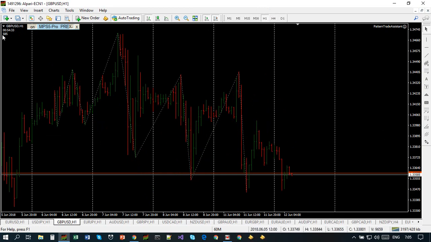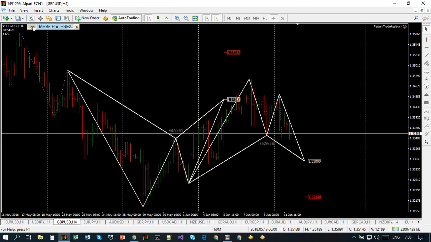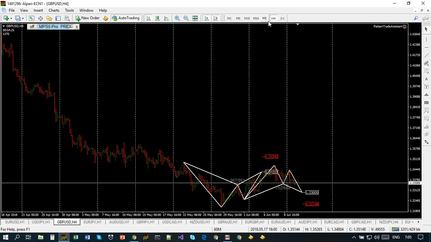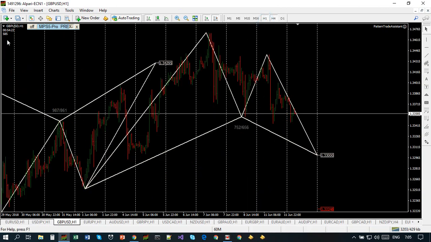And you see the 3 ADR is 58.5. So let the pattern stay. Let me disable the calculation. 58.5, 65.6. Okay, so once we decided that the pattern should be executed on 1 hour time frame,